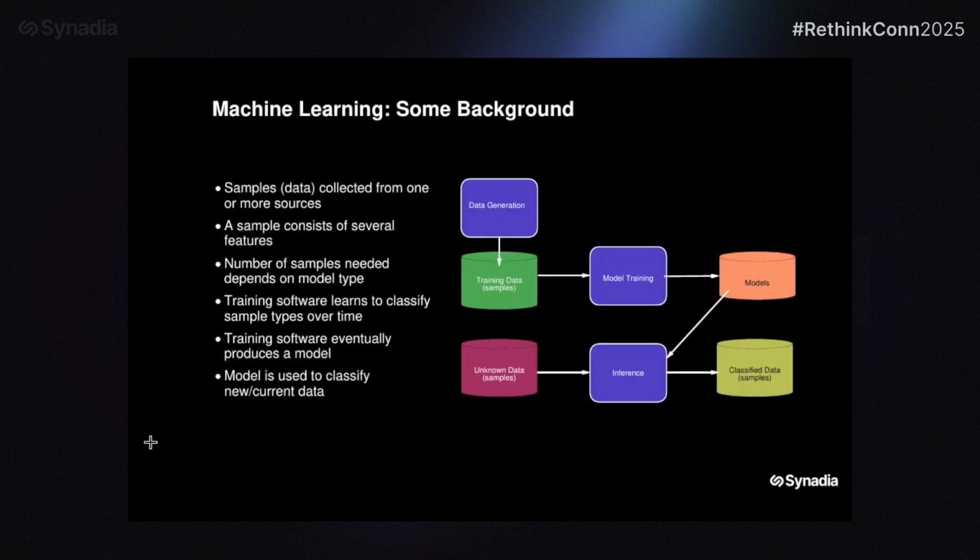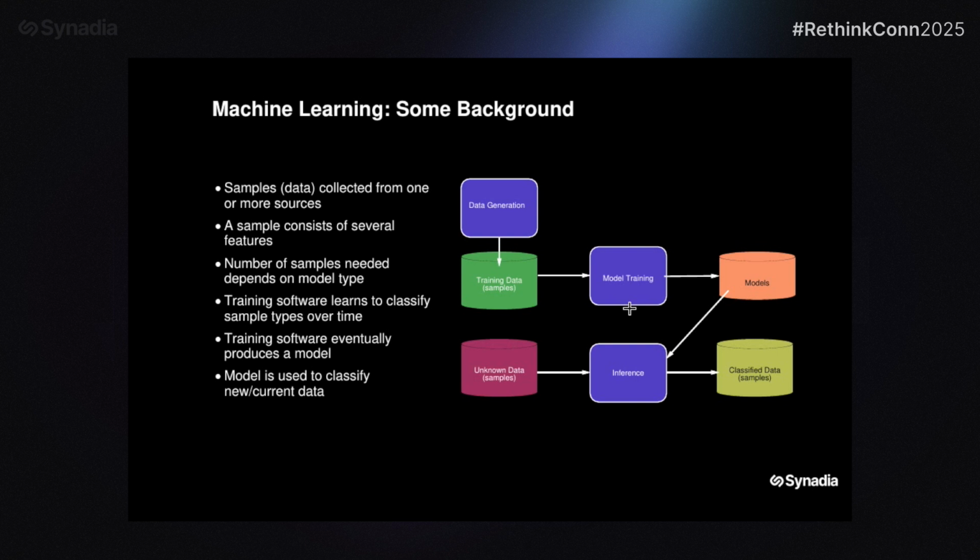So what is machine learning? We start with data collection. We have one or more processes that generate some data for us to use, and we collect that into a data set, typically called a training data set. This data could also come into our trainer as a live or real-time feed. It doesn't really matter. The model trainer's goal is to take this training data and to learn how to classify it